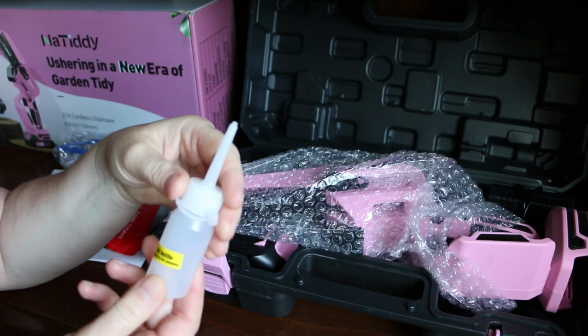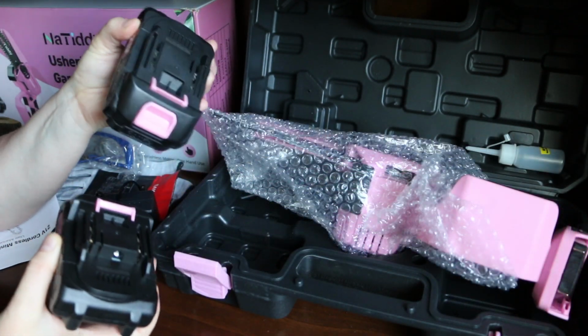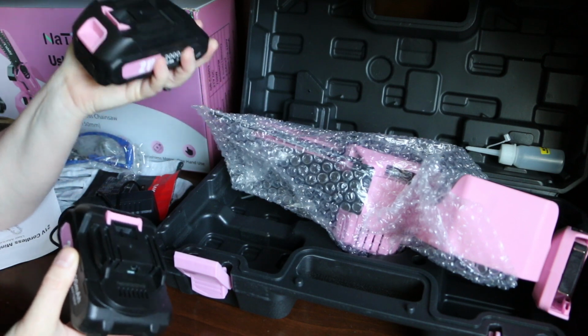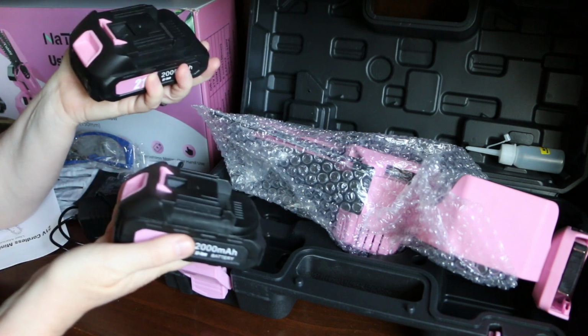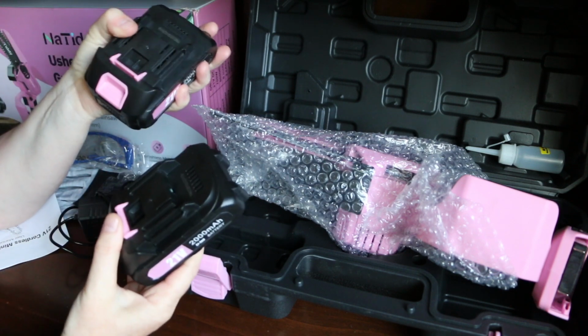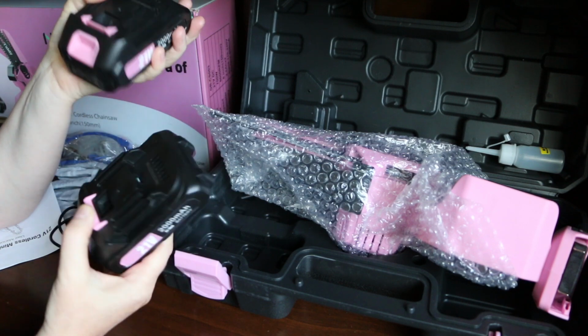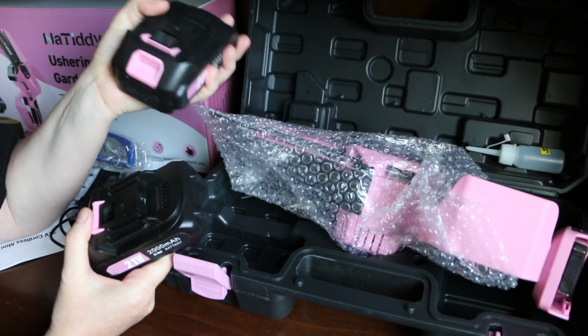Here's your oil bottle. Anytime you have a rechargeable tool like this, having 2 batteries is essential because you can go use one, use it up, come back, get the new battery, put it in, and not have to stop your day's work. So I was very disappointed in them when I thought there was only 1 battery. I have bought tools before where there was only 1 battery. One, for instance, is my Husqvarna